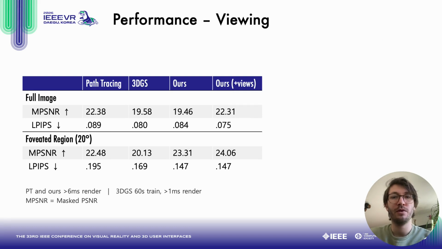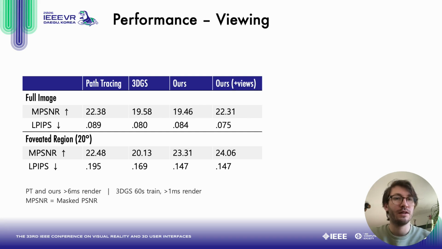Looking at the performance during viewing, we can see that our approach achieves quite similar performance in the peripheral region compared to just path tracing or just 3D Gaussian splatting. It depends a little on which measure you look at. At PSNR we are slightly lower, on LPIPS we are slightly better. Then we can also see on the rightmost column that our approach, after continuous refinement with additional views captured during viewing, gets a lot better. So there is definitely a positive impact on reusing these views and training while the user looks at the anatomy.